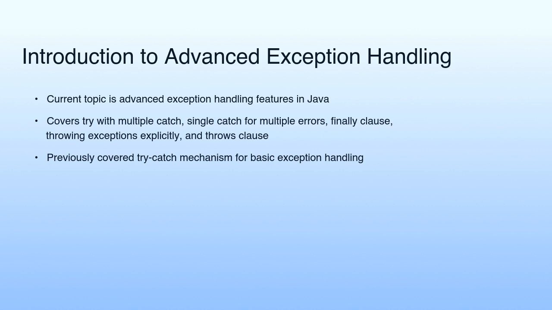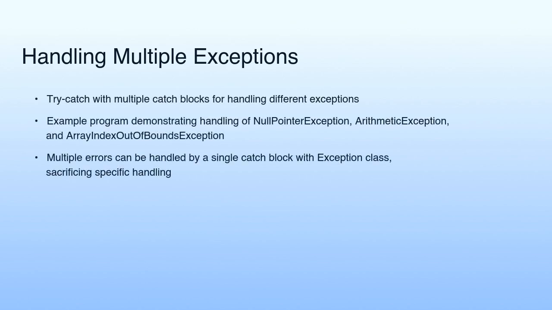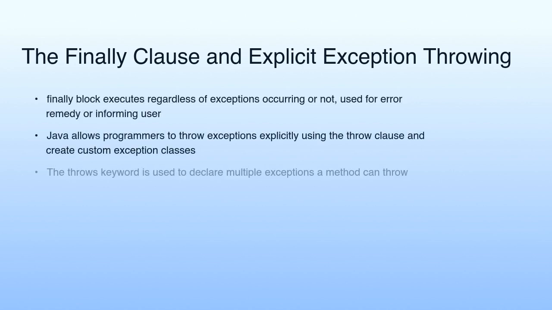regardless of exceptions. An example program demonstrates handling null pointer exception, arithmetic exception, and array index out-of-bounds exception using separate catch blocks. Alternatively, multiple errors can be caught by a single catch block using the Exception class, albeit sacrificing specific error handling. The finally block is executed whether exceptions occur or not, making it useful for error remedy or informing